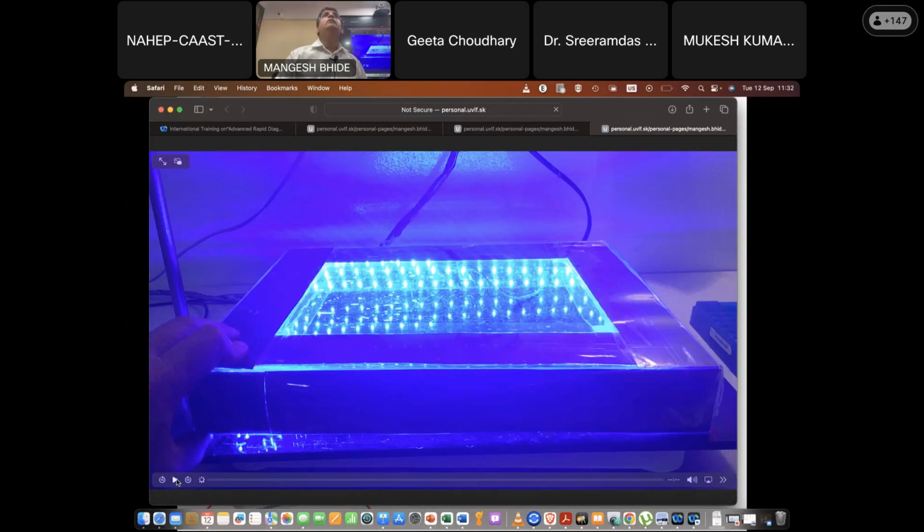Okay, so this is our own transilluminator, homemade. What you see here is just a plastic cover. We found some very transparent plastic cover, and under the plastic, what I have put is